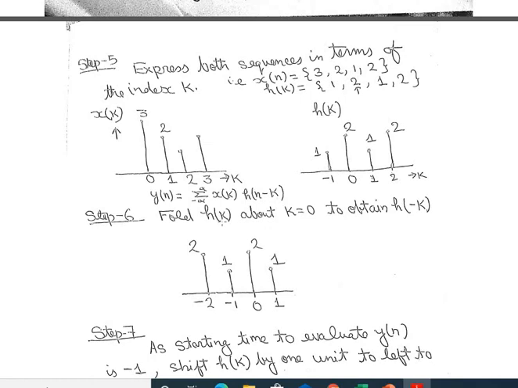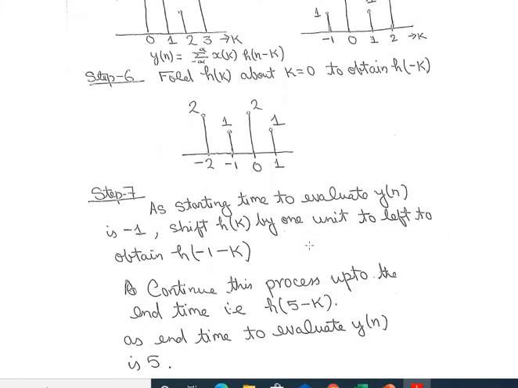Wherever there is k, I am just replacing k with minus k. So if I replace k with minus k, how will the graph look? Suppose at the sample value 1, if I replace 1 with minus 1, then whatever magnitude is at 1 will be at minus 1. Similarly, whatever magnitude is at 2, when I change it to minus 2, that magnitude will be available at minus 2. Okay, so we are just doing a time reverse property here.